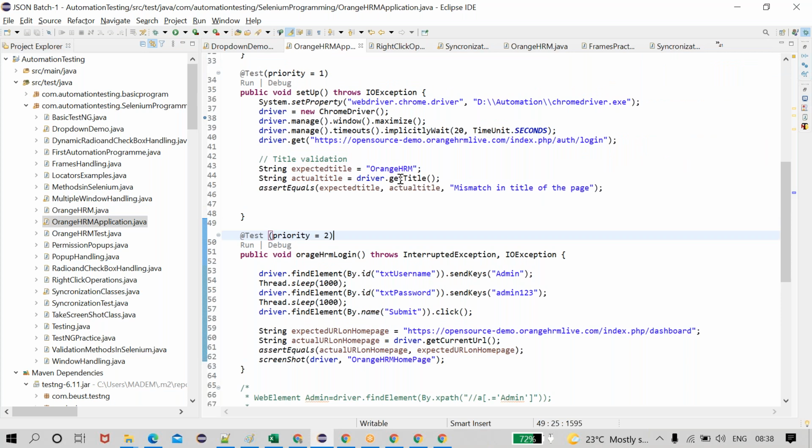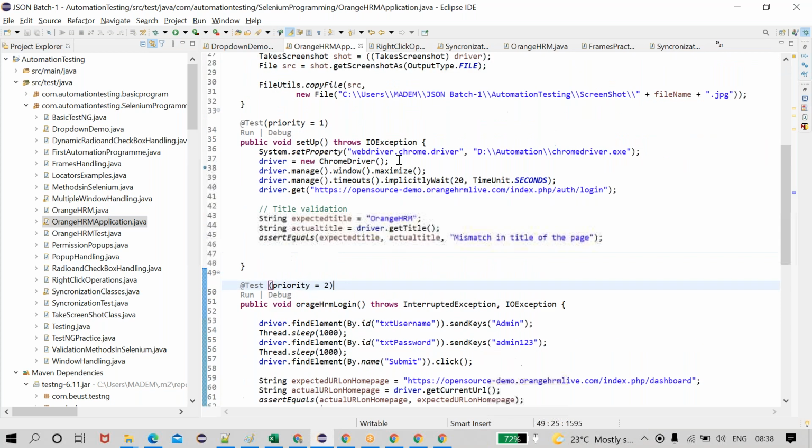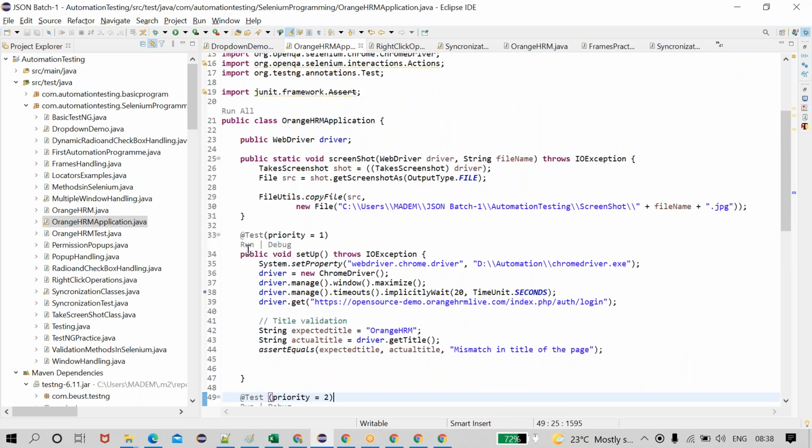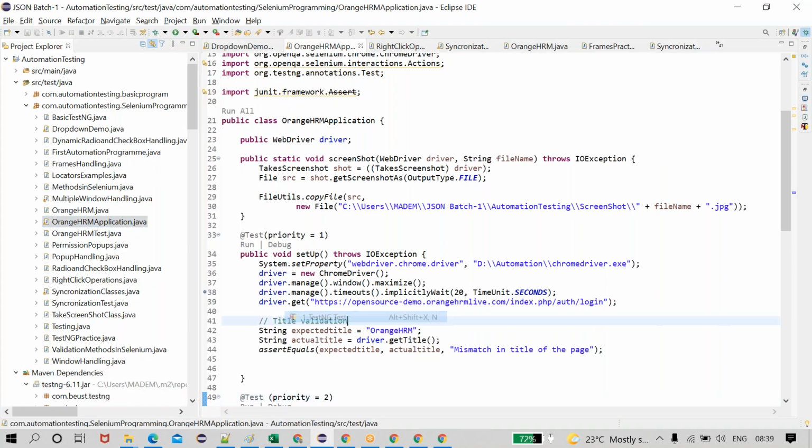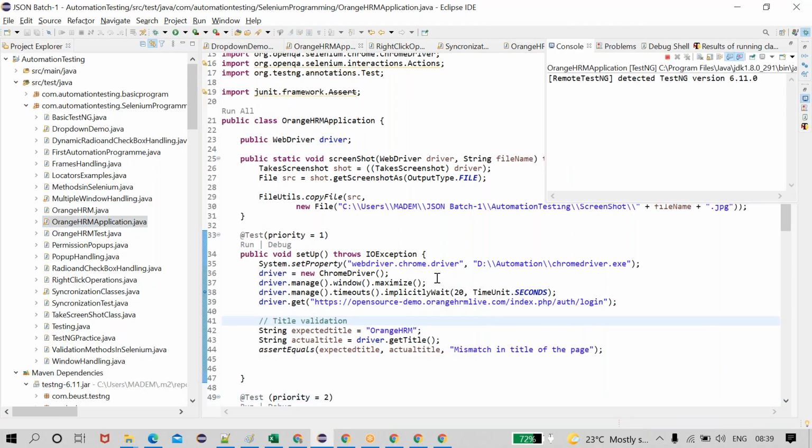One second. If you click on this run button, only that particular method will be executed. See, I'm going to run the entire application. I'll tell you. See, it will run the entire application without any issues.